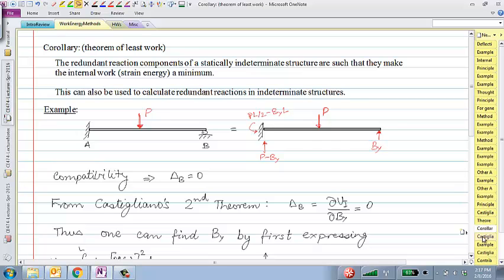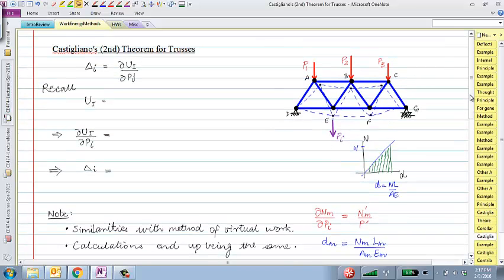But what we'll focus on is Castigliano's second theorem, as I mentioned. This is one of the first examples that you will need to solve homework problems and quiz problems on. If we have a truss problem, and you need to find displacement at some point, for example, this three-bay truss, where I need to find the displacement at delta E, then we will use this second theorem of Castigliano to find that displacement. So once again, if I write the internal energy stored in the truss under the action of all of these forces,